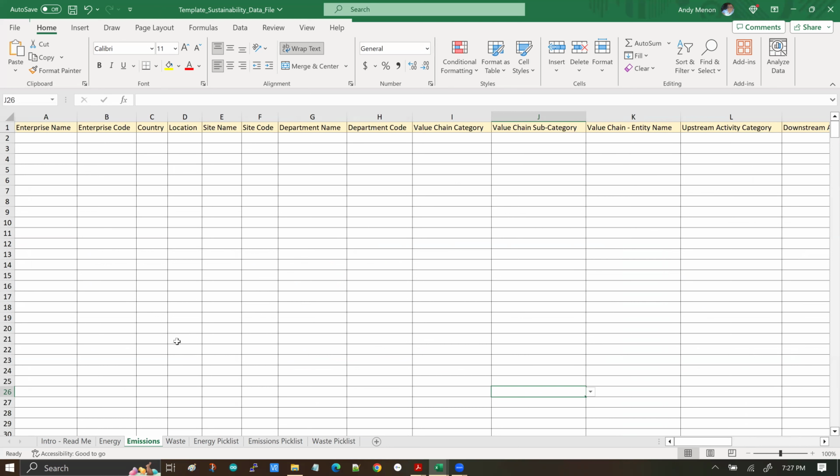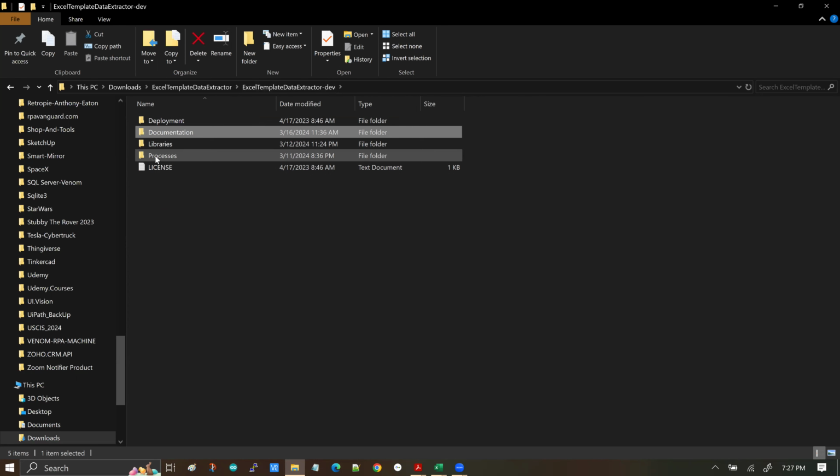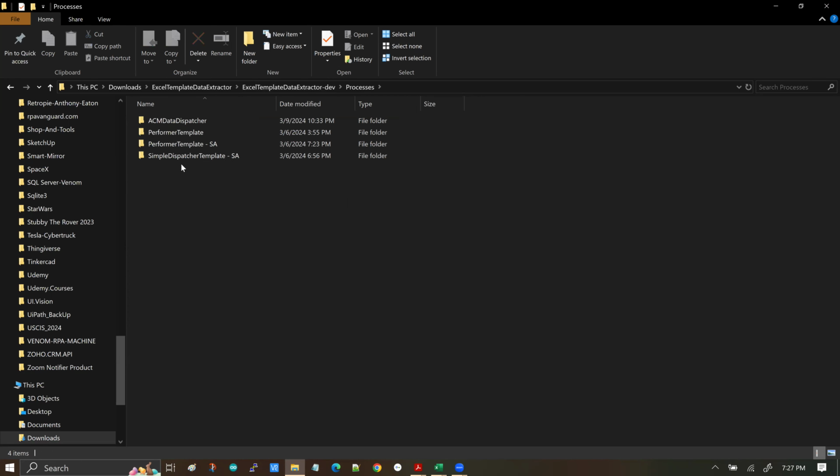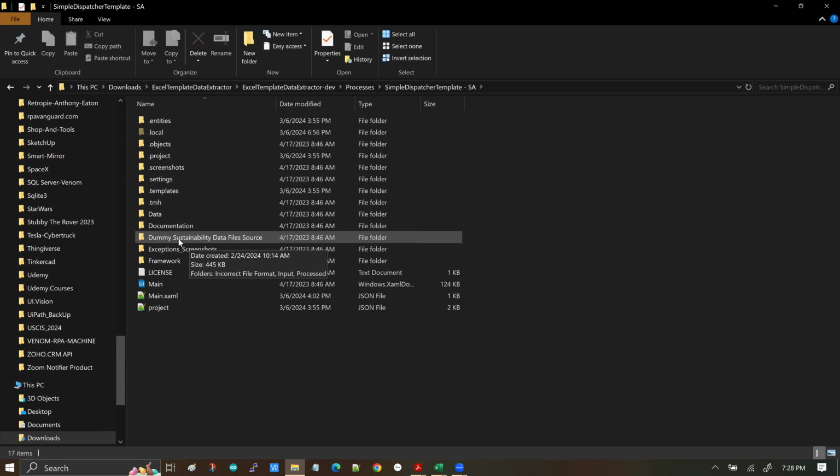So this is where you should get away from the documentation and start poking around in the download itself. You go into the template folder, then into processes, and you see there is a performer template and a dispatcher template. Go into dispatcher, and in this folder there is another subfolder called dummy sustainability data file source. So if I click on it